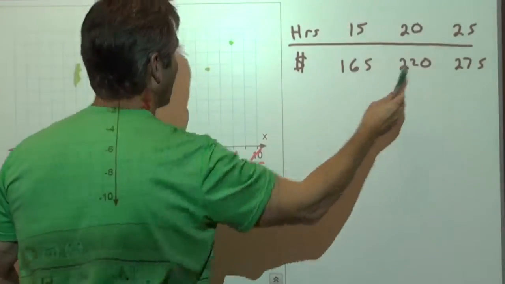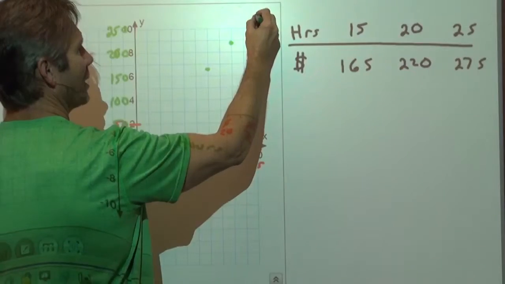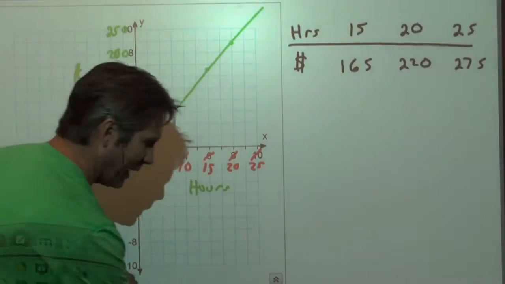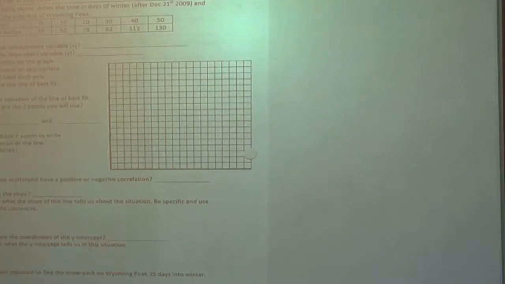Even this one is accommodated. We go over to 25 and up to 275. That's just a little bit above this. So we get a point up about yonder and there's our line. Life is good. So then what we do is we say, okay, let's take a look at, for example, the